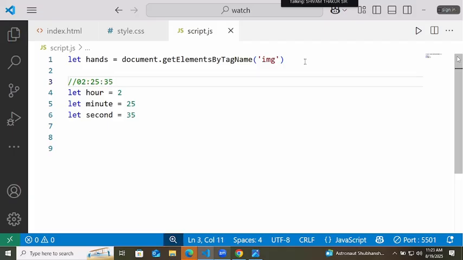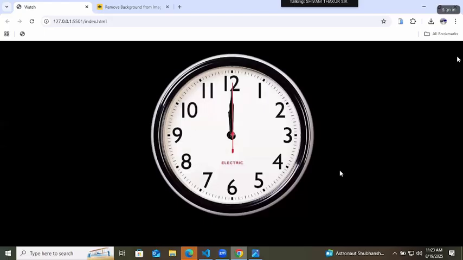Current time can be anything. Our JavaScript has the ability to find the current time by using the Date class. Now by using this time, we have to rotate these hands in the same way.